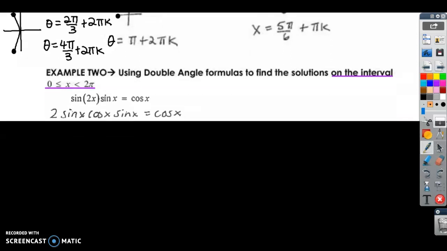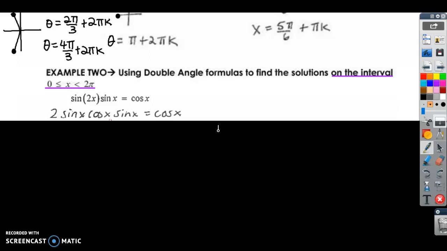Okay, use the double angle formulas to find the solutions on the interval. Now we are finding solutions on the interval. Now the double angle formula I gave you last class was in the notes. It's not here now, but if you haven't done this problem yet, that's fine. Go ahead and substitute in 2 sine cosine for the sine of 2x. Okay, that's coming up. So once you've done that, I'm going to press pause and see if you can do